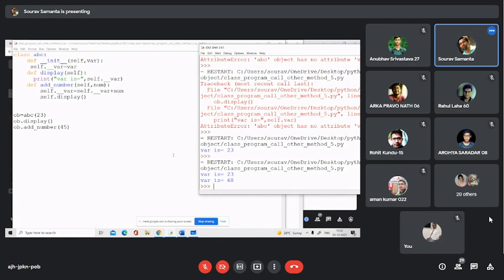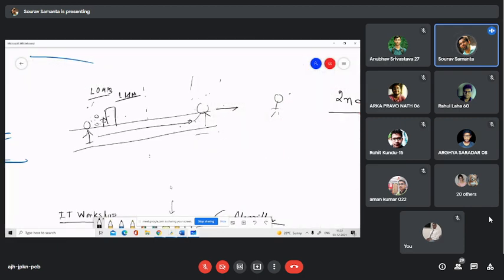Suppose I have a class ABC, which has one method display and another method add number. We are calling display from add number. Fine, this is within the same class.